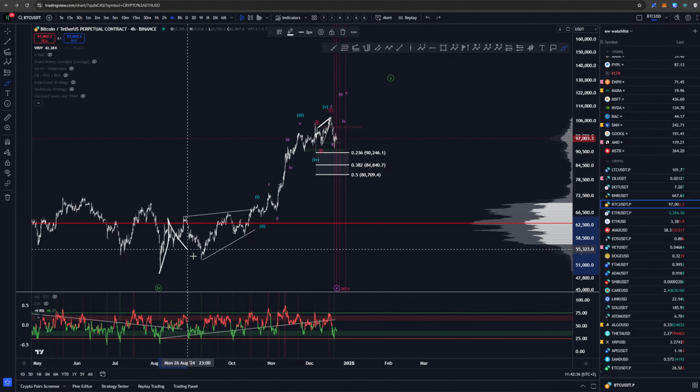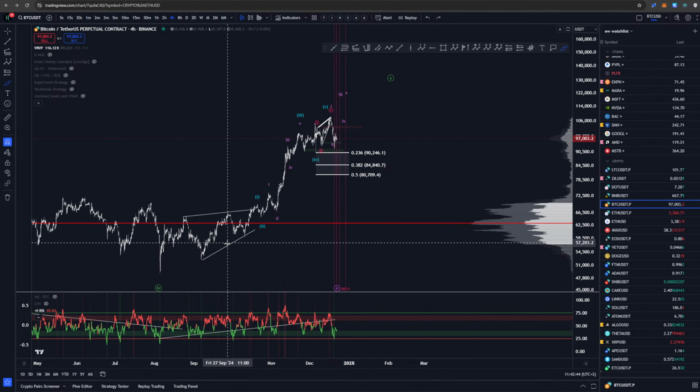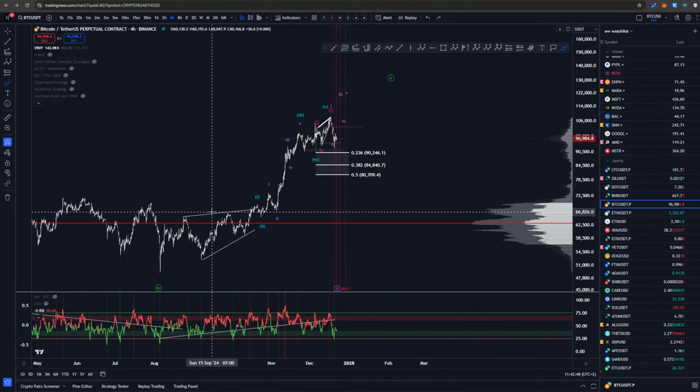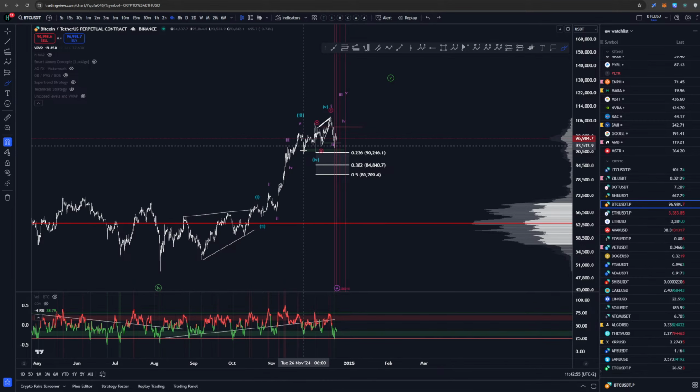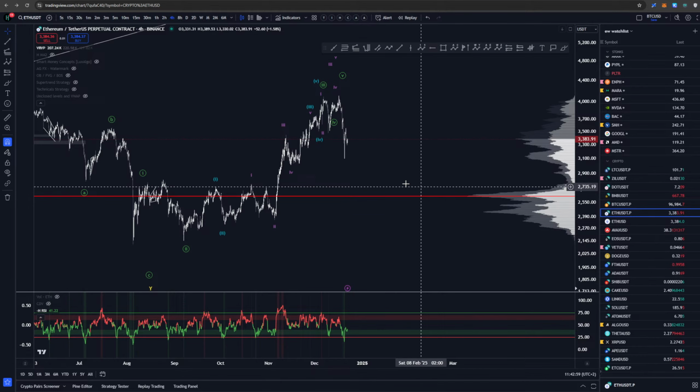But again, there are these 1-2s that are possible, that are separated and not a diagonal, right? I think on others, like ETH, for example, this wasn't possible. So it would mean that it was more of a bullish setup. But on all coins, we have come down way further.